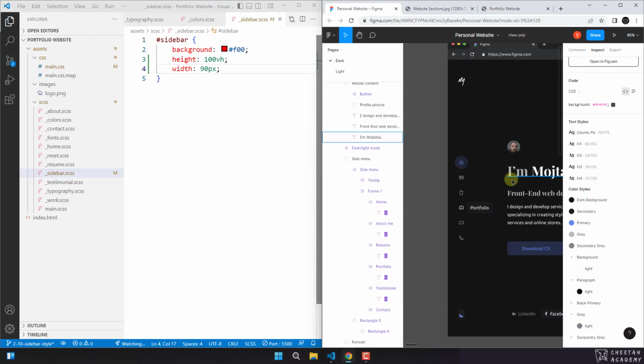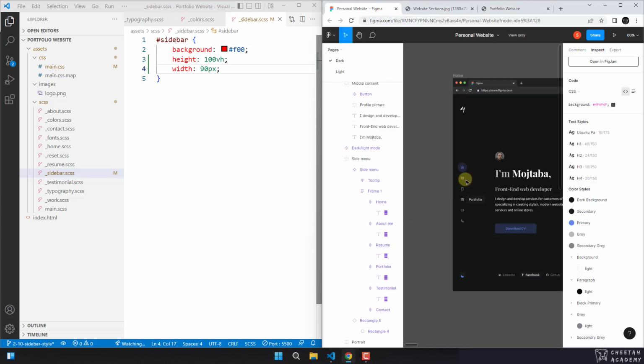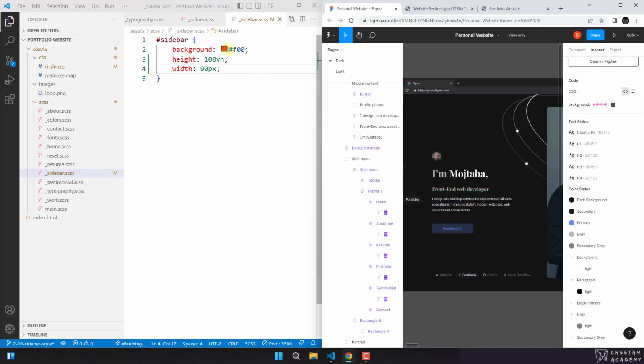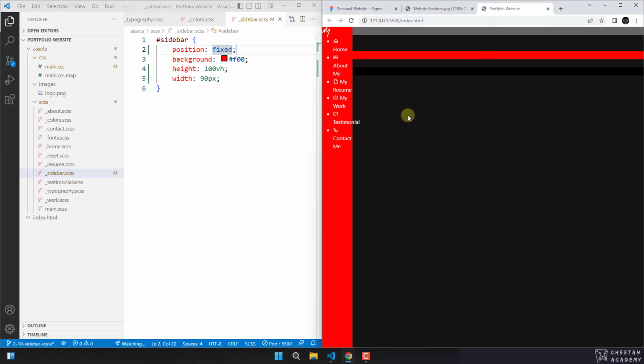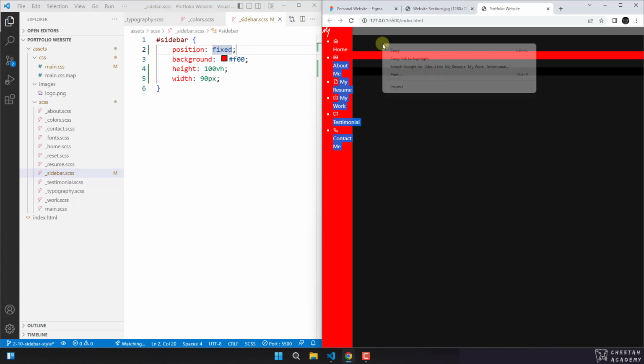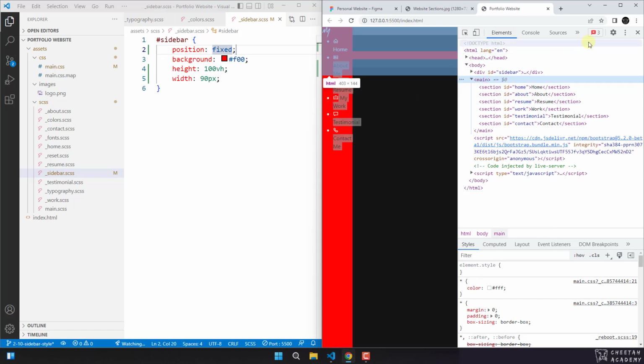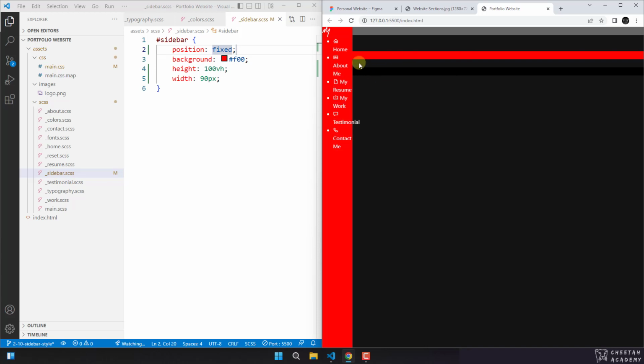Here, you can see that main moves down, whereas it should be next to it here. To do this, we will fix the position of our sidebar, as you can see here. Then, main will be placed next to it. However, it is this time behind the sidebar. Please notice that main is covered by the sidebar. We need to give main a padding, an amount which is the same as the